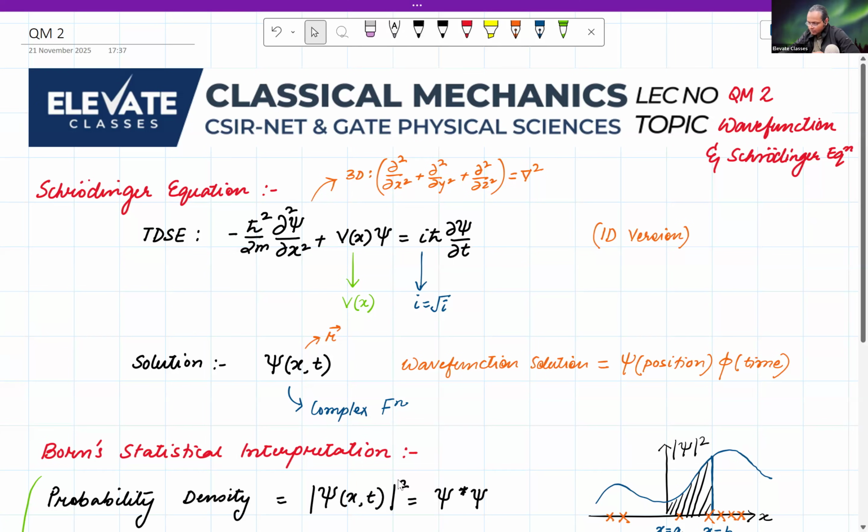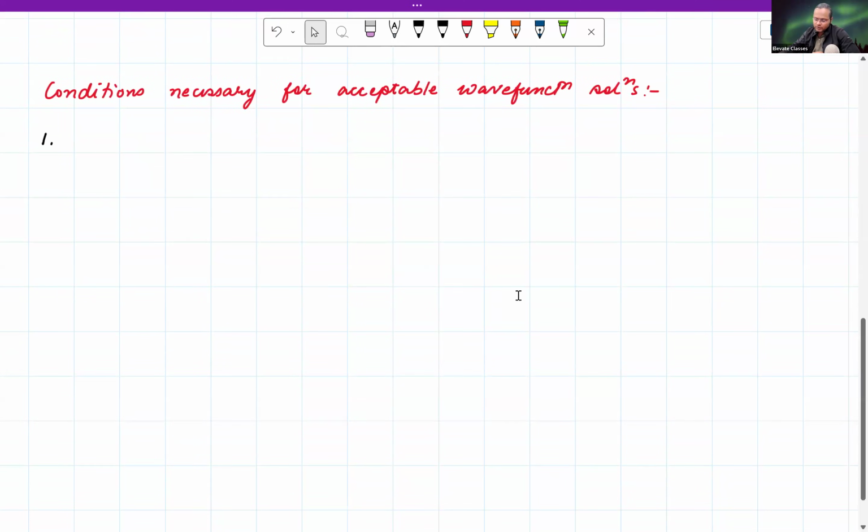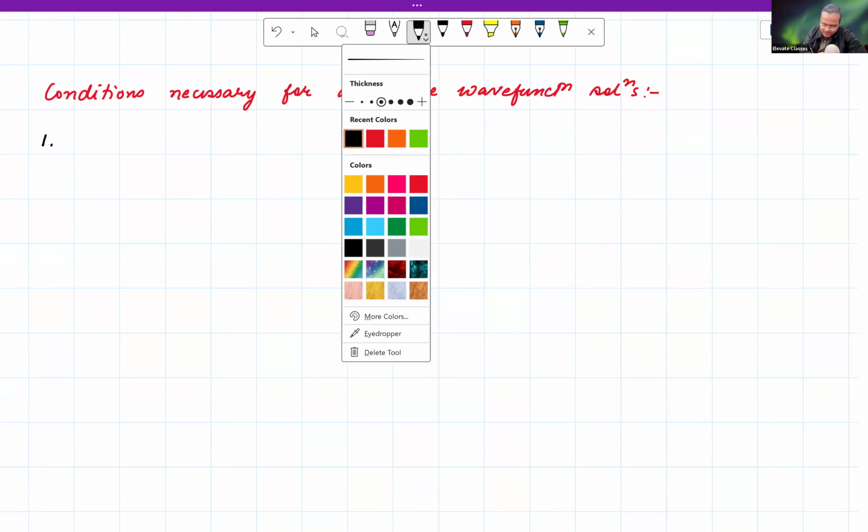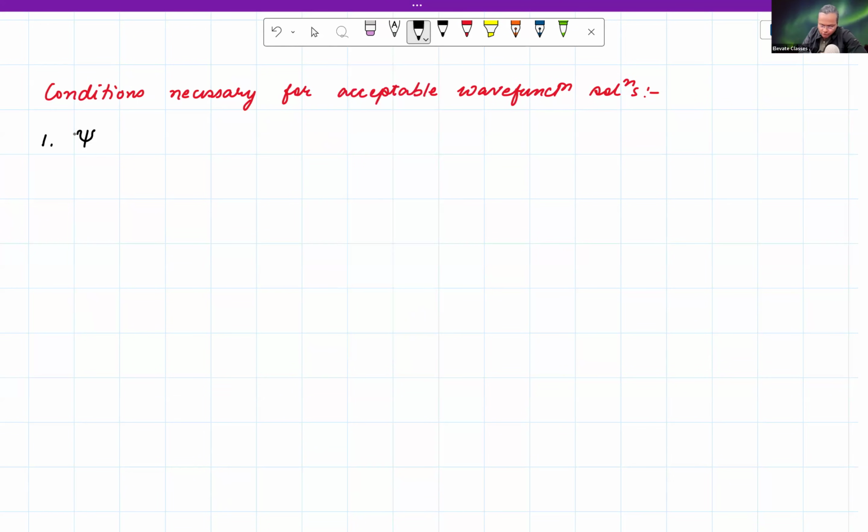And any other property? Sumana: single valued, continuous, correct. Ramkiran: should be double differentiable. Yeah, exactly. So let me list these things. It's going to help in certain kinds of problem solving. So basically, it is a very simple thing. The wave function solution of the Schrodinger equation